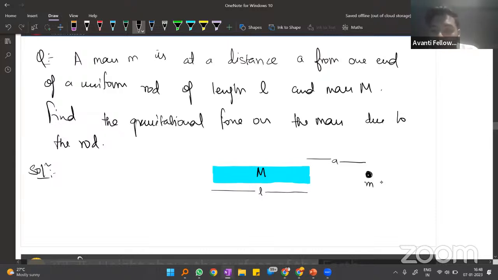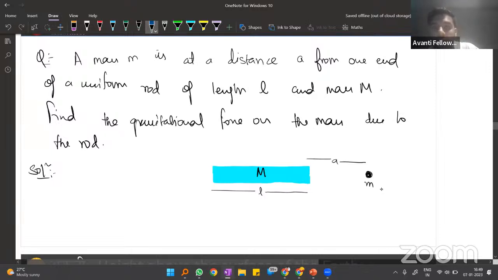Now, this whole rod has some mass, and our ball has some mass, so these two will attract each other, right? So how much force will this rod apply to this ball? Is the question clear to you all? Now, since Newton's law of gravitation is only valid for point objects or spherical objects, not for these continuous objects,